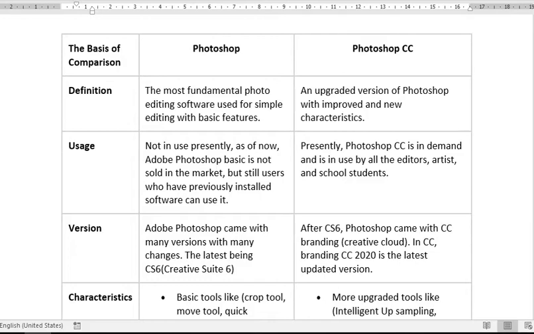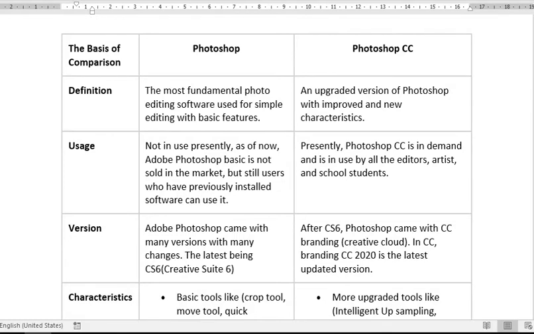The last version of Adobe Photoshop was Adobe Photoshop CS6, and after CS6 it comes with the new versions under the brand Adobe Photoshop CC.